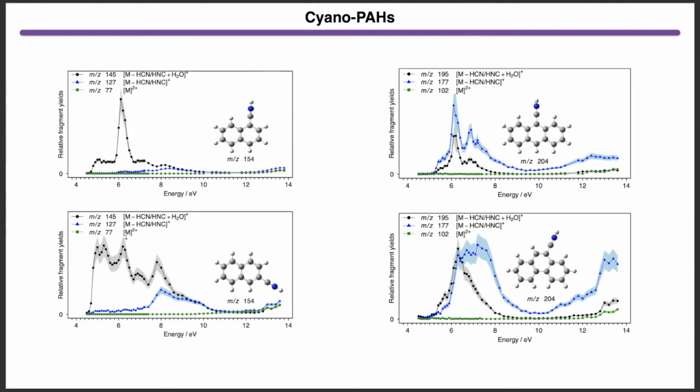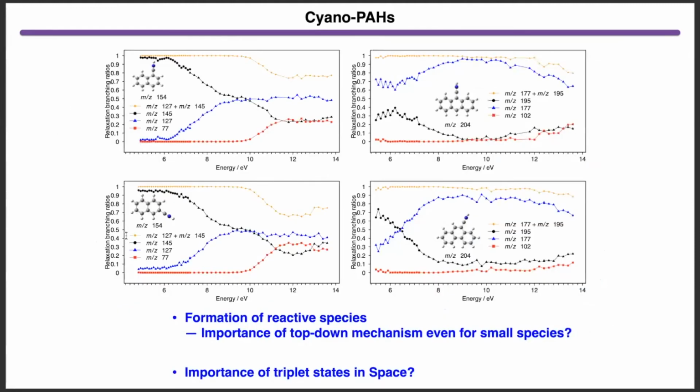In this case, we also, of course, plotted the relative branching ratio. And what is funny is you can see here we don't have this resonance phenomenon, but we do have some crossover for the cyano-naphthalene, and we have a push. I mean, they're pushing over, and it's always the